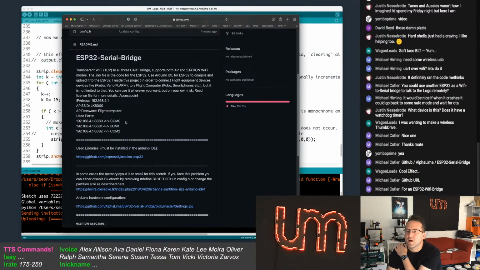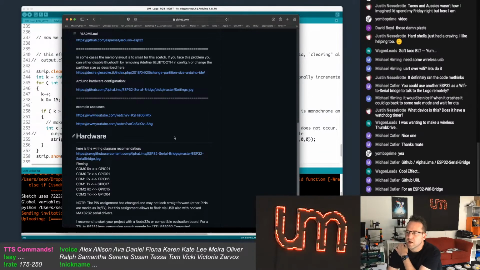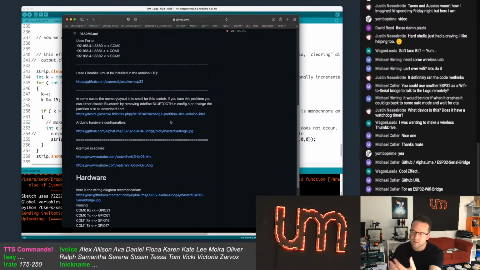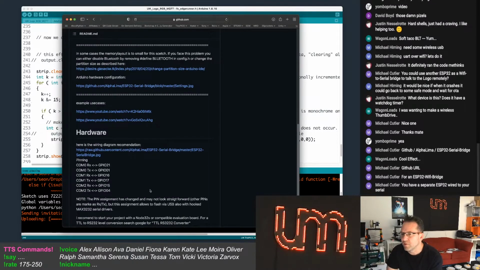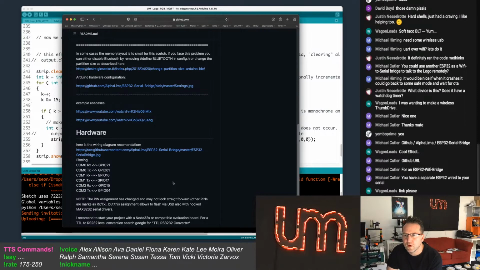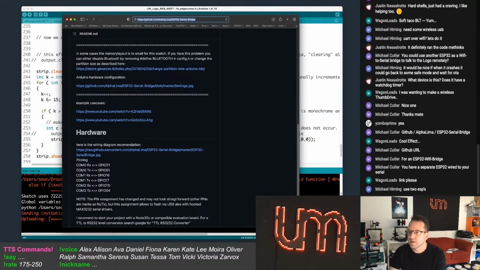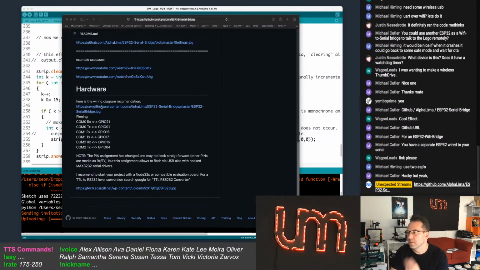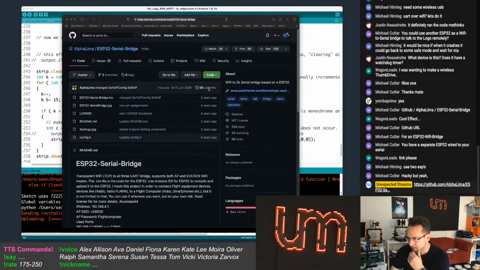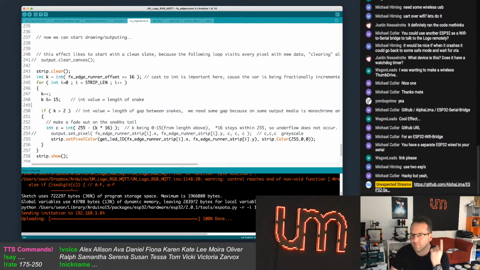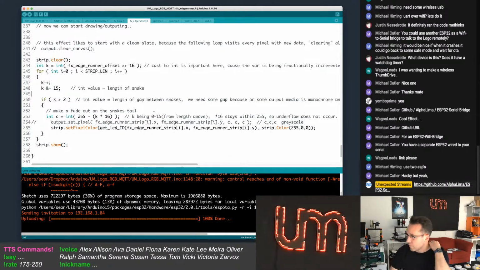Right, but the code's still got to be running. If the code crashes, how's this different to just doing it over the air? I get that it's a UART, so technically I can talk to it not over the air this way. My issue is if the code crashes. You have a separate ESP32 YT serial. Ooh, okay. That's interesting. That's the link. That's clever. Okay, I'll look more at it later. Not going to help me for the moment because I can't wire an extra one there. So now we need to...